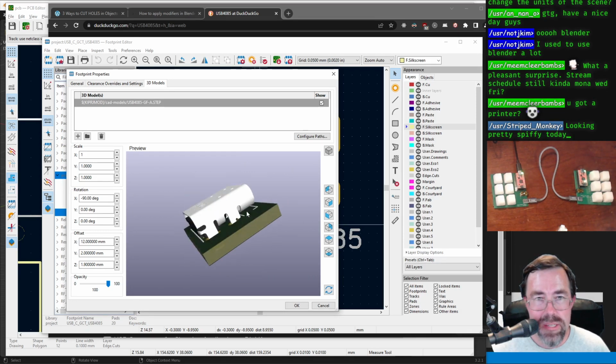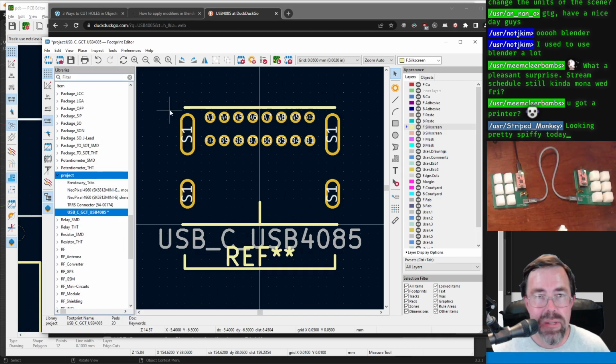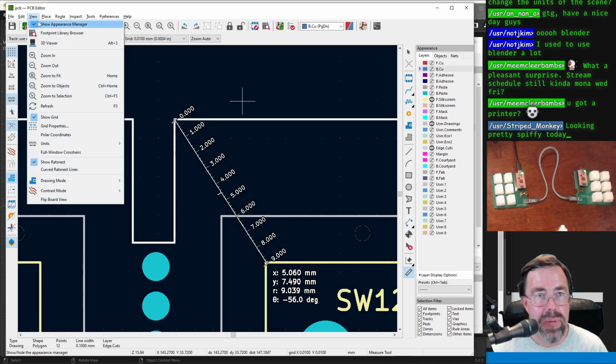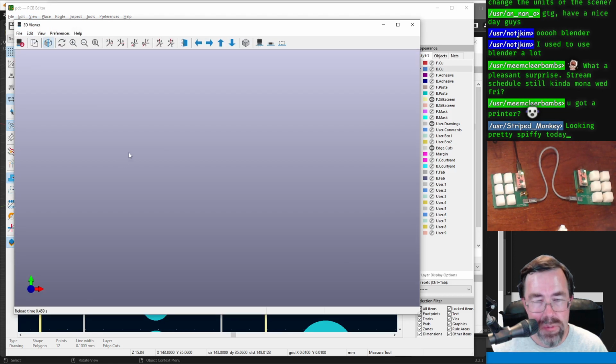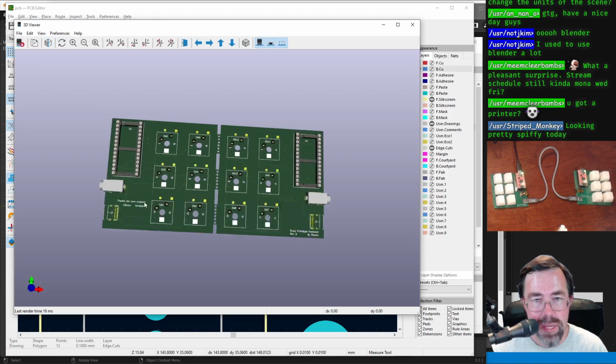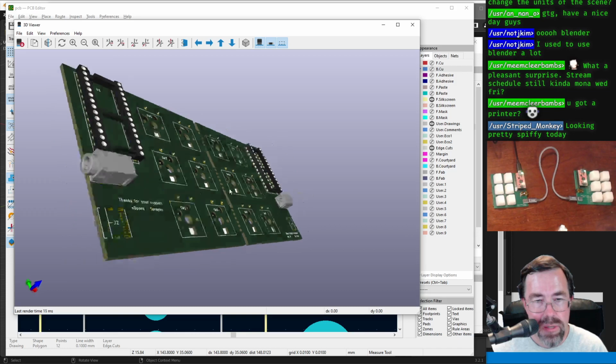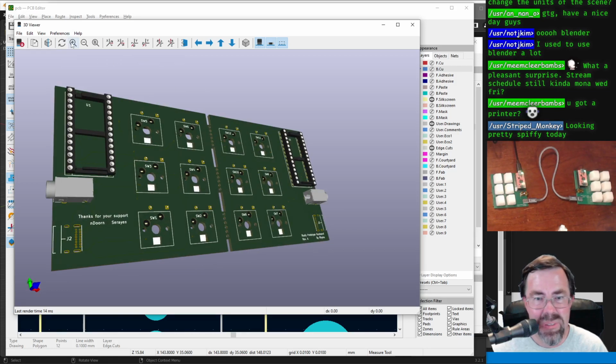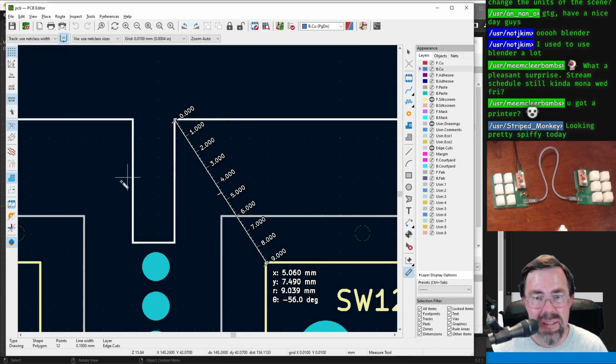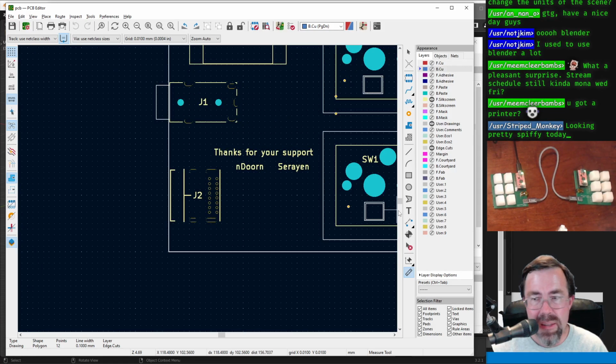I think we're just going to say that that's good. So, all right, then save. Now I'm wondering, do I need to update... save. Do I need to update the PCB, or is it automatically going to populate the 3D? I might have to because it's still not there, right? Yeah, so hold on. I guess I just pick the footprint